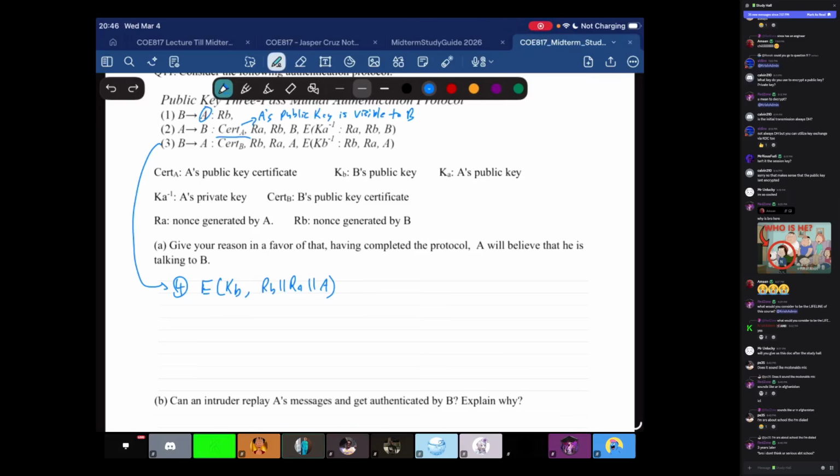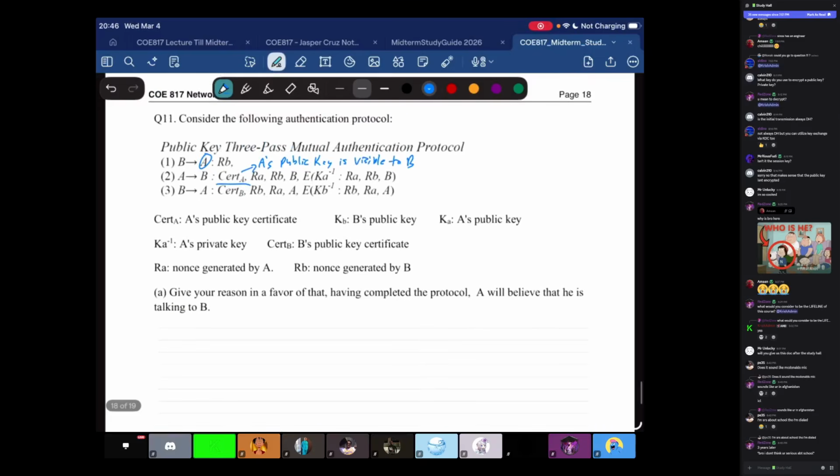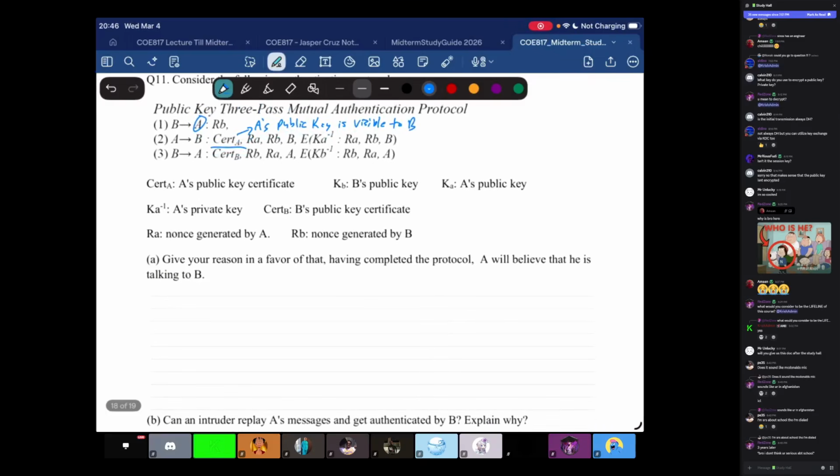I feel like that probably makes the most sense. I was just getting confused by the prof's solution on this question. So mutually, I think we agree on that statement: after message 3, A can see